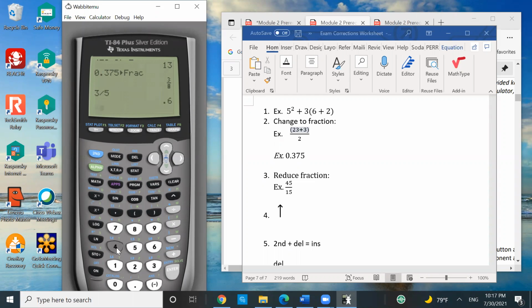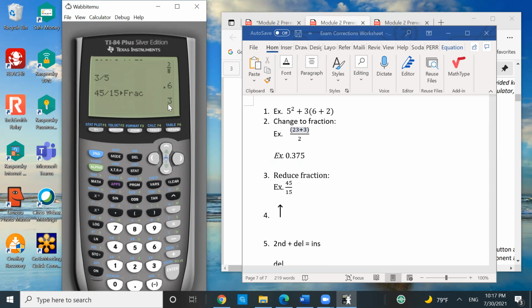So next one, reduce the fraction. If I have a fraction like 45 over 15, how to reduce this? The same thing, click math. And the first one is fraction. So select the first one, and then hit enter. So it will reduce it